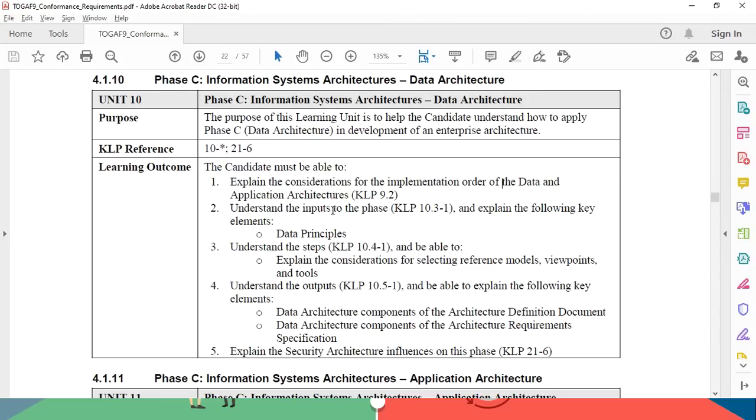I will also be explaining the inputs, and based on those inputs we will be designing the data architecture based on the data principles, keeping in mind the reference model, viewpoints, tools, and we will also see the architecture definition document, again revisit the architecture requirements,